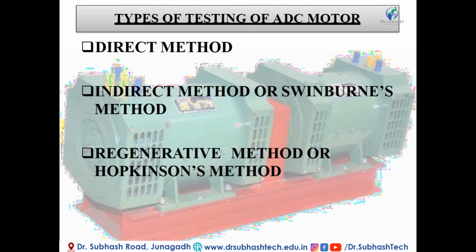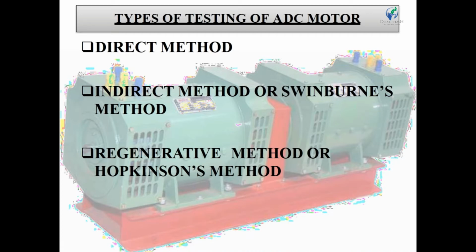In the direct method of testing, the machine is directly connected with the load or pulley and a brake arrangement is provided, or an electrical load may be connected in the form of a calibrated machine. The brake test and calibrated machine test are examples of direct tests.